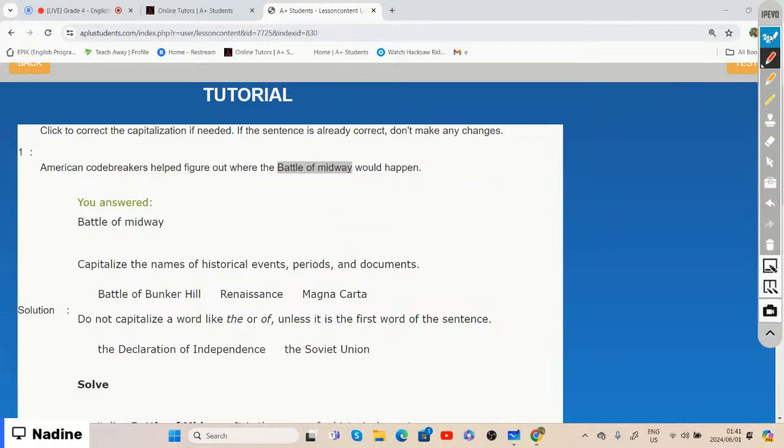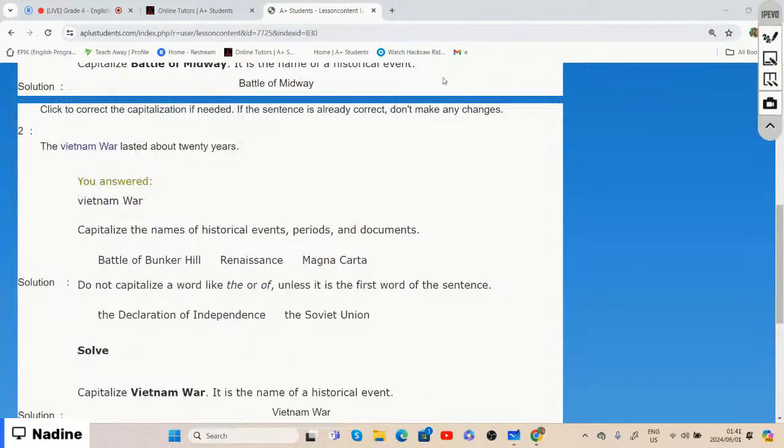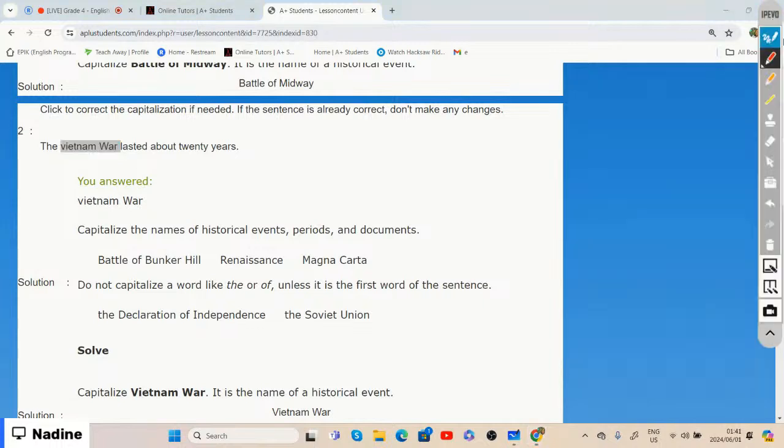All right, so now let's go to the second one and then we'll go to our test. The Vietnam War lasted about 20 years. The Vietnam War lasted about 20 years, right? And if we need to correctly capitalize Vietnam War, then it's going to be capital V for Vietnam, capital W for War, right? Now we're going on to our test,